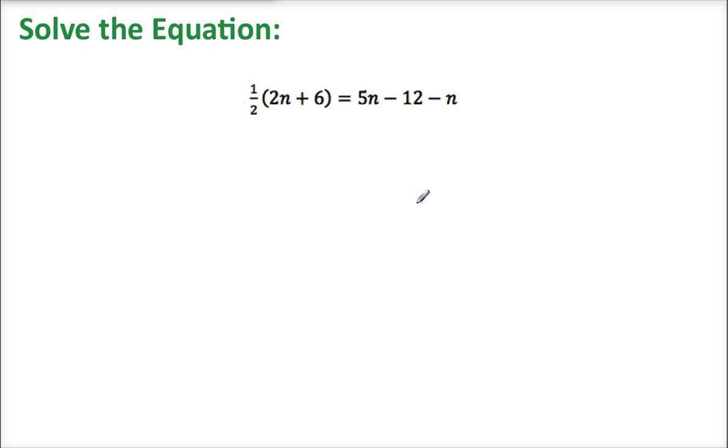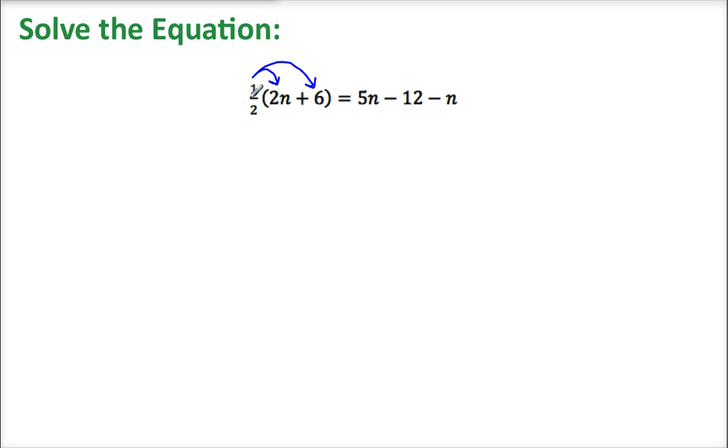Okay, looks like we have some simplifying to do. So let's look at this expression on this side and simplify. Whenever I see parentheses, you automatically think distribution. So whatever number is out in front, including the sign with it, gets distributed in here and multiplied by everything inside. Okay, the good thing about having a 1/2 on the outside is it just means we take half of